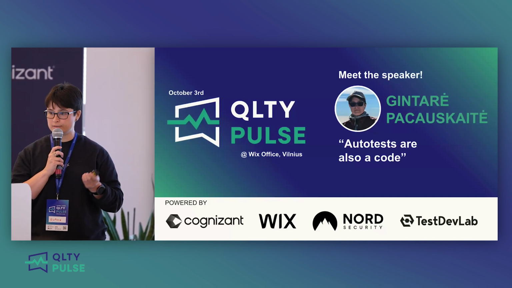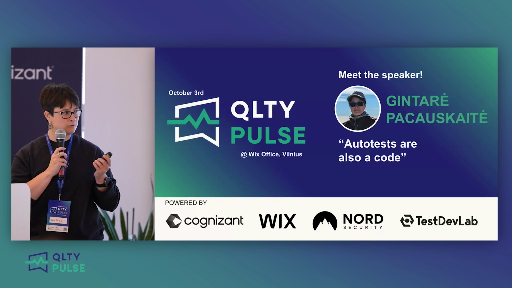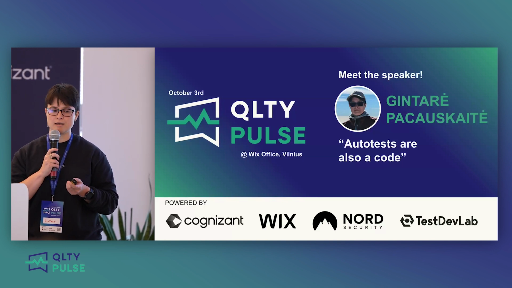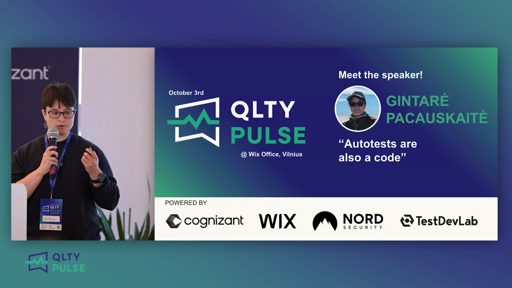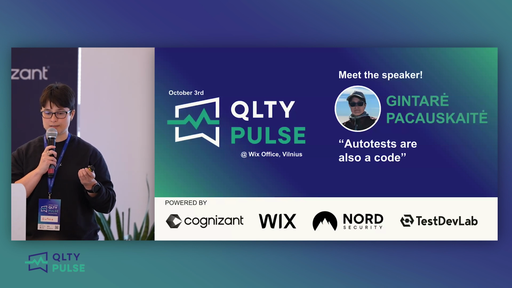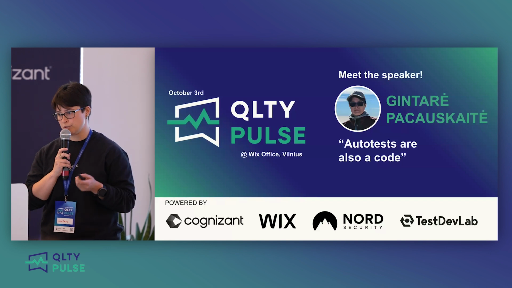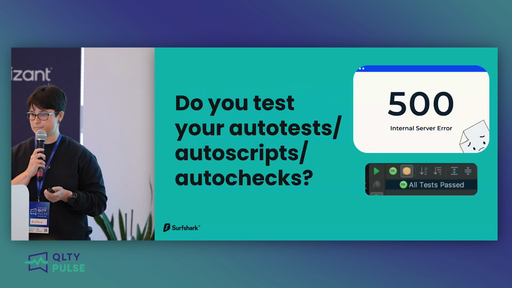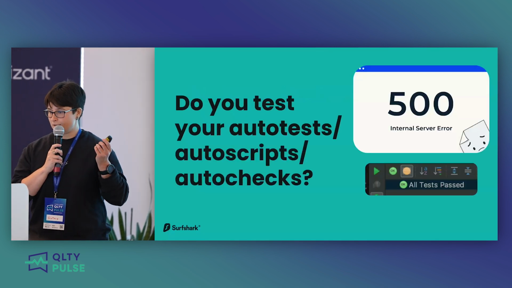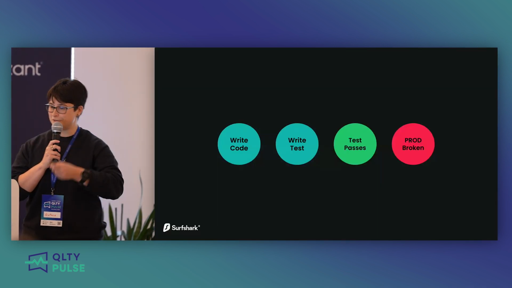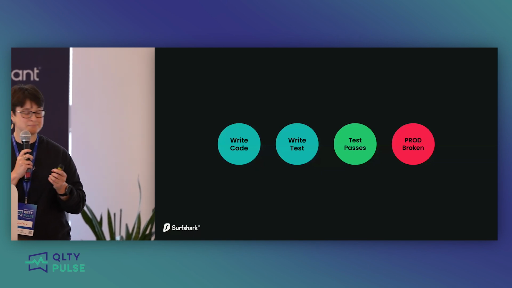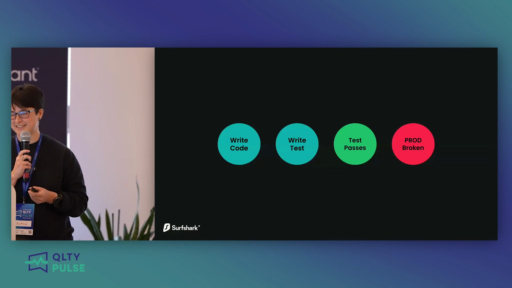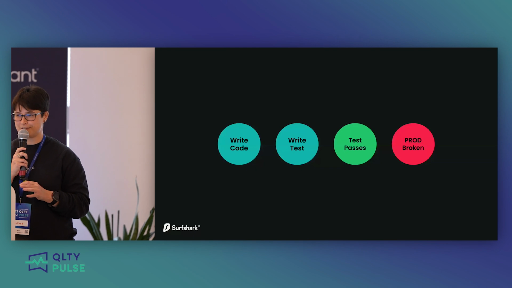In this talk, we will deep dive into 3 cases. I will show you 3 cases why sometimes an autotest passes even though the code fails, or the production fails, it doesn't matter. And 4 tips on how you can improve that. I already asked that one. So first case: you write code, write a test, it passes, everything is good and fine,